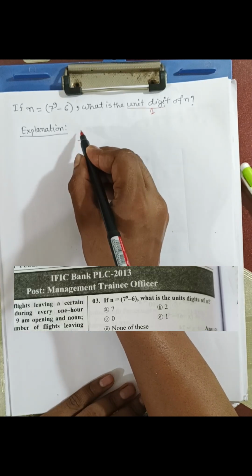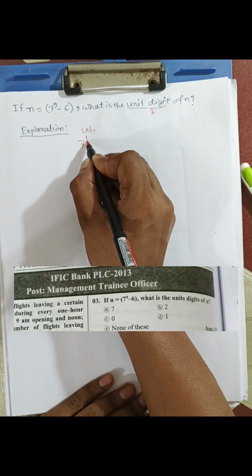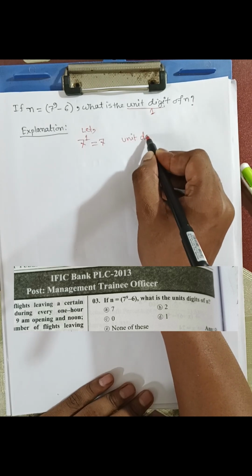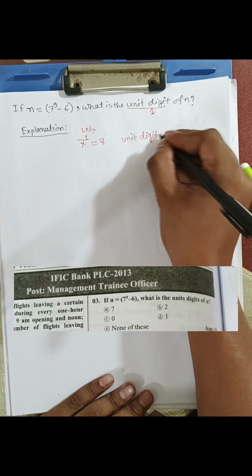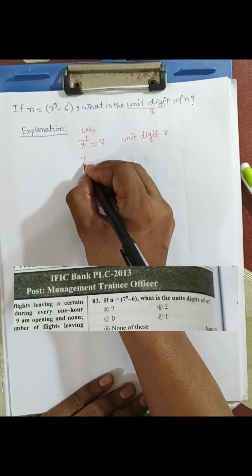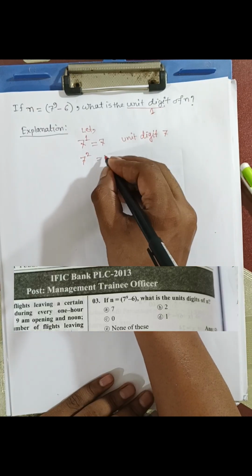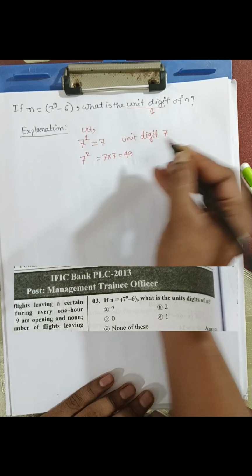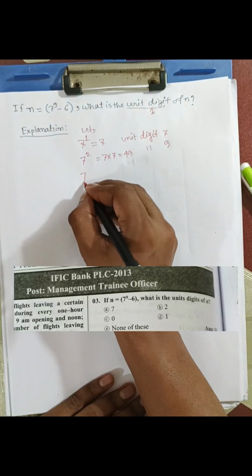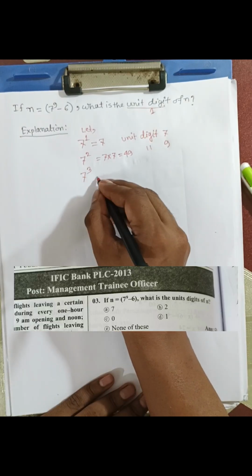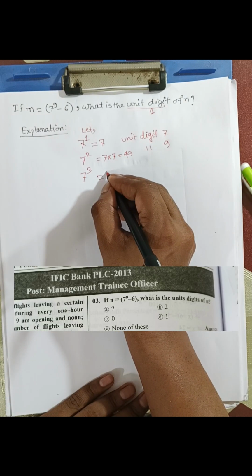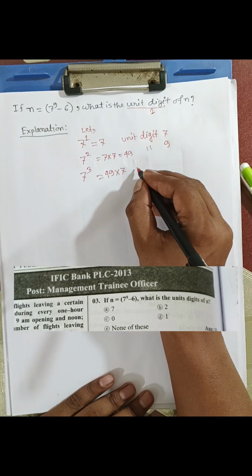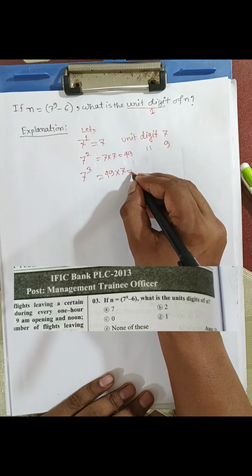Let's see 7 to the power 1 equals 7. Unit digit 7. 7 to the power 2, 7 into 7 means 49. Unit digit 9. 7 to the power 3, 49 into 7. Unit digit equal